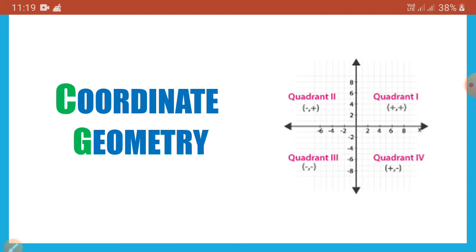Today we'll start the new lesson, that is coordinate geometry. You have already studied how to locate a point on a number line in the lower classes, and you also know how to describe the position of a point on the number line. There are many situations where you have to find the actual position of a point, that means its position with reference to more than one line. To give you a clear idea, we are considering some situations.